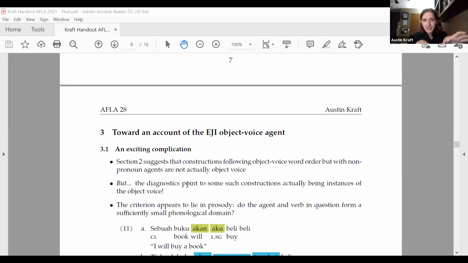Now, the previous section had just suggested that if we don't see a pronoun, or if we see an agent that's not a pronoun, then it's not object voice. But looking further at more data in the diagnostics that we're using suggests that there may actually be instances of object voice with non-pronoun agents. So